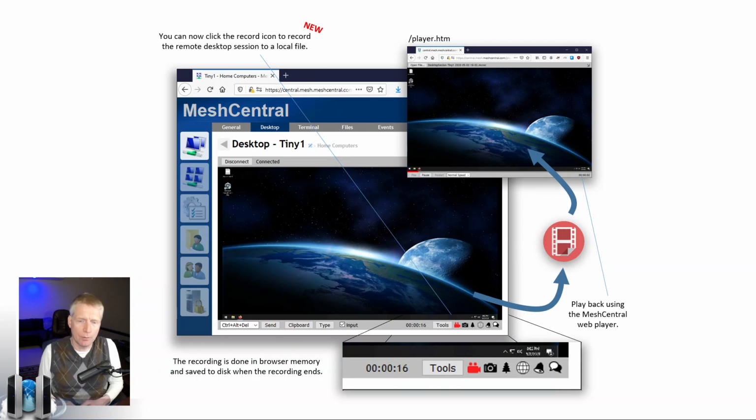MeshCentral supports recording of the remote desktop and terminal sessions. So you can do that server side or client side. If you do it server side, you can opt to have all the sessions be recorded on the server. And basically every time a session is started by a technician or something, then you'll have a full recording of it on the server that you can play back using a web-based player. And recently, I added the option to convert the recorded file into a WebM movie, so you can play it on VLC or other